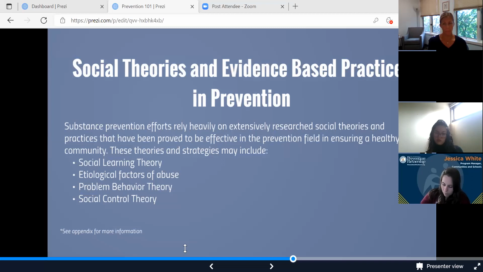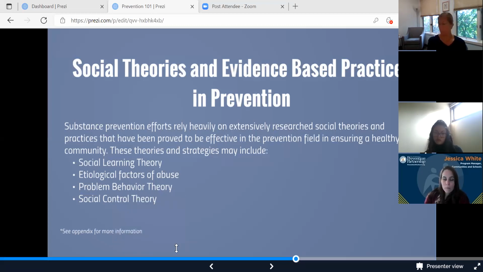So we're not going to go into too much depth on those because those can be a total class on their own. But these theories do cover the developmental theory of youth and people and what things affect that development that may lead to more protective factors or more risk factors. So like I said, we're not going to really go into depth on those, but I do have resources for you guys to use and to do some research on this yourself.